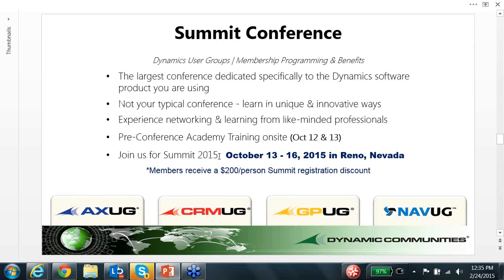Jumping into the Summit Conference, this is the largest event that each user group hosts annually. This year, Summit 2015 will be in Reno, Nevada, the week of October 13th through the 16th. Basically, it's a week filled with education. The conference itself doesn't start till Tuesday night, where we do an expo reception. We do have a huge expo where there are ISV exhibitors for each product line in one expo hall,